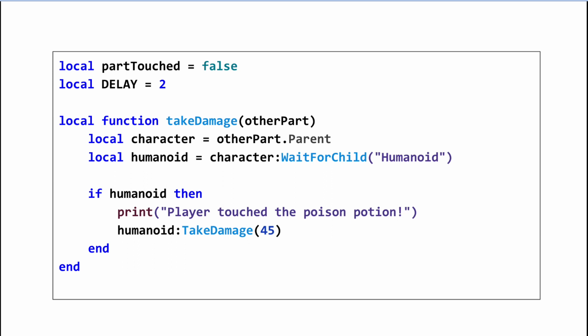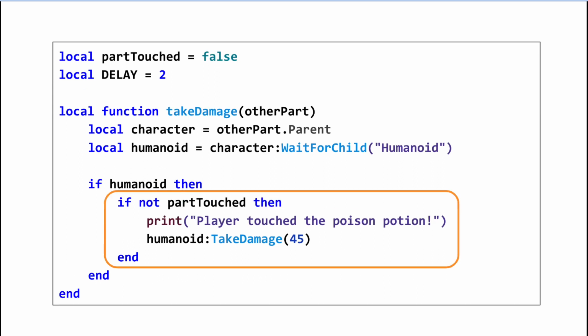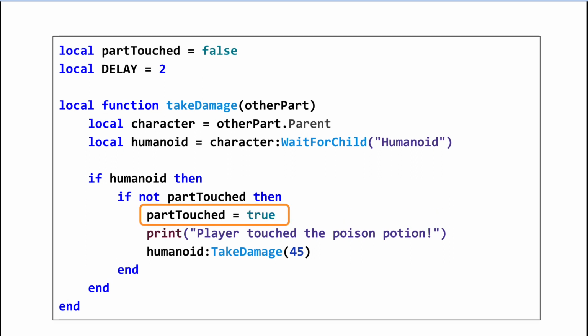Now we can use this state to decide whether to run the function or not. We'll use a conditional within a conditional. This is called a nested conditional. So now the action will only run if the part has not been touched. However, if this state of partTouched never changes, then the function still runs constantly and our issue hasn't been solved. So what we can do is change the state within this conditional to true, and then we run the